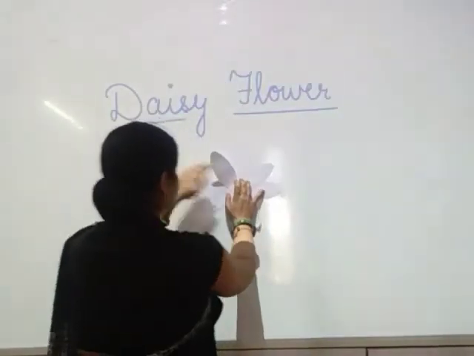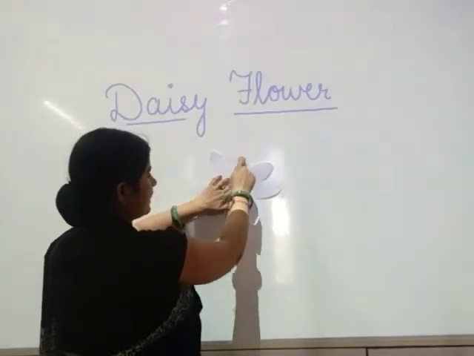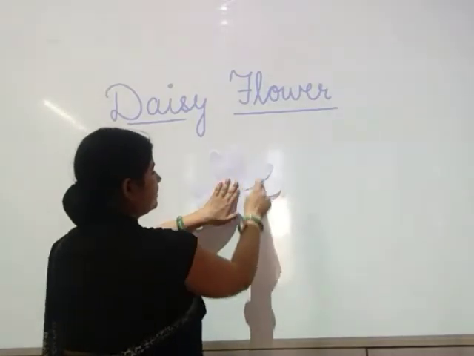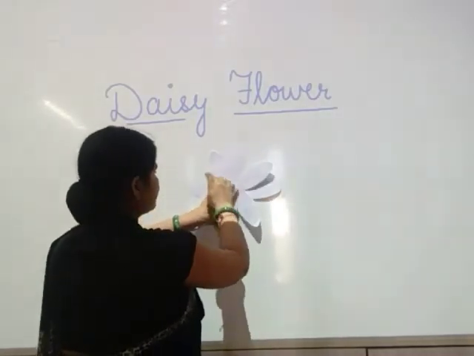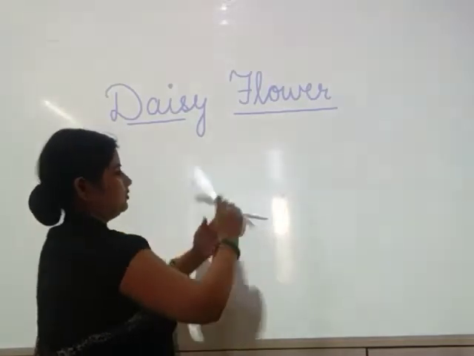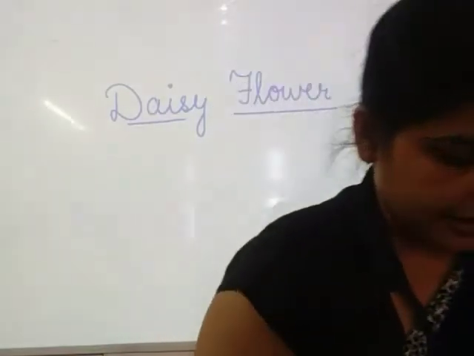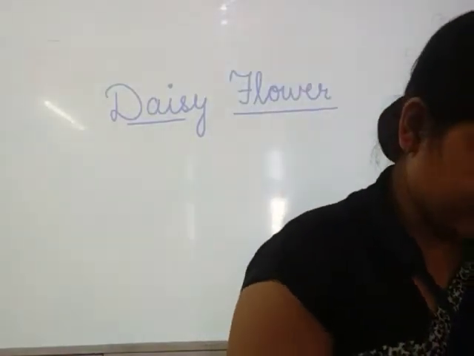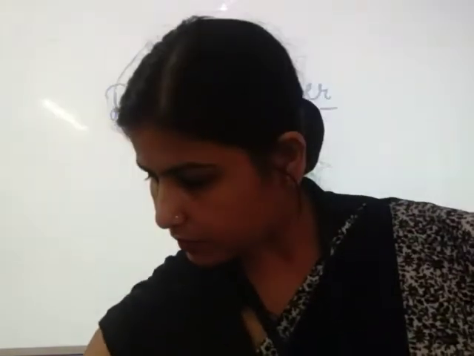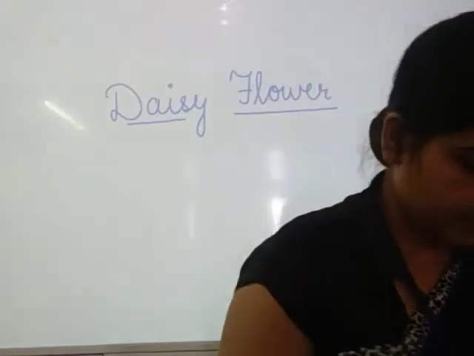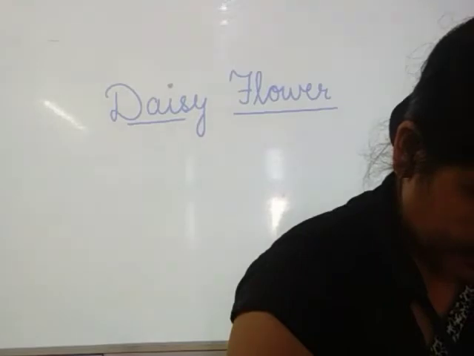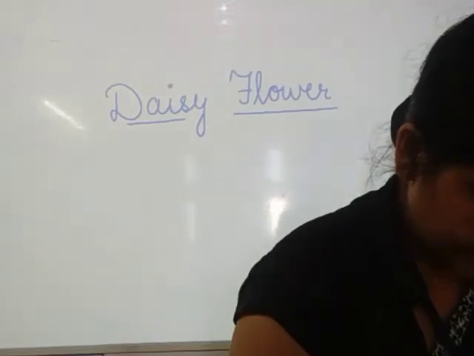Can you see here? All the petals are visible. 1, 2, 3, 4, 5, 6, 7 and 8. Now I will arrange the petals so that they will be visible from these gaps. I have told you 16 petals. This can be done with the help of 12 petals also. Okay. Now the next 4 petals I am going to arrange them in a manner so that they will exactly look like daisy.